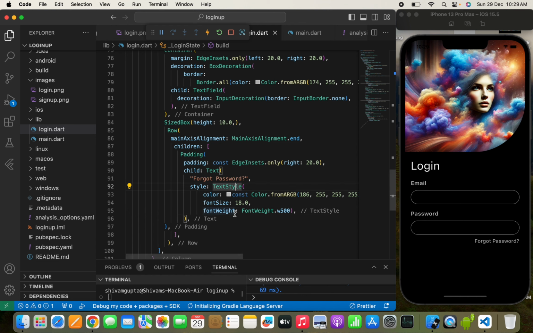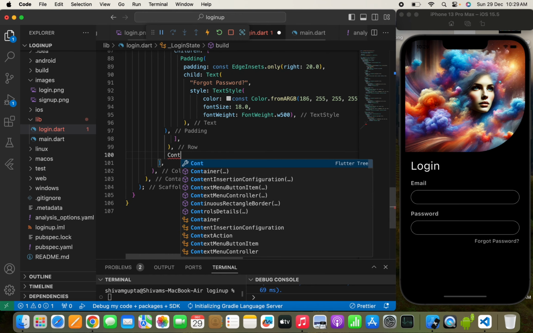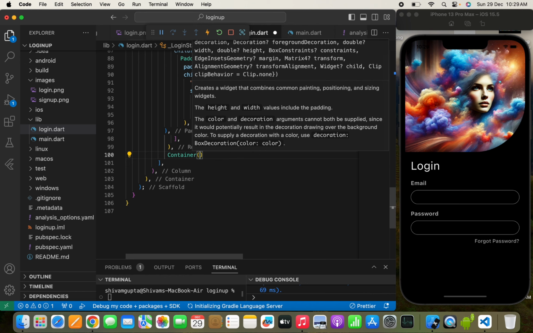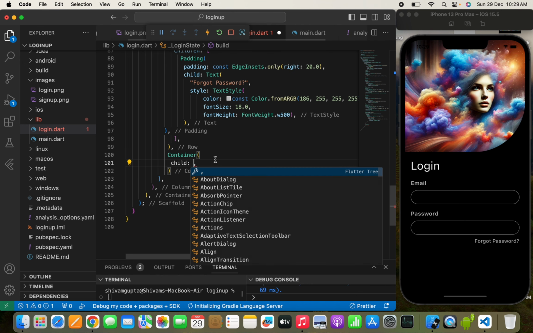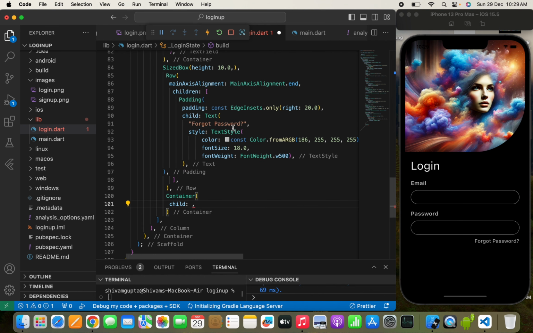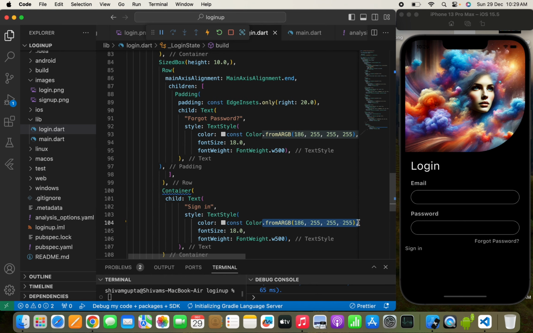Now once you see all this, we can successfully move to the button. While tapping that button, the user can simply sign in to the app. So for that I need to write a container, because here I'm going to create a customized button. So I'm going to write a container child, and here I'm going to use a text widget again. So we'll copy the text widget, paste it over here, and pass sign in, something like this. Now I can simply change the color to black,